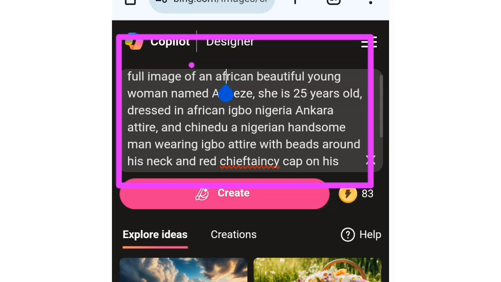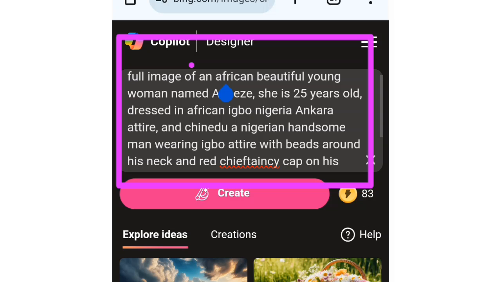Then I went ahead and described the kind of dress that she is wearing. Then I also said and Chinedu, because they are couples. I said and Chinedu, a Nigerian handsome man wearing Igbo attire. I described what Chinedu, the husband, is also wearing, with beads around his neck and a red chieftaincy cap